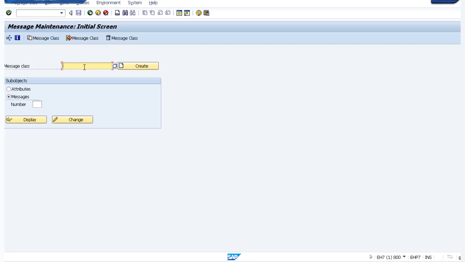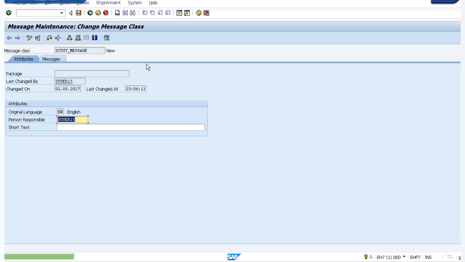First, let us create a message class. It will start with the cust underscore message, which is the name of the message class that I am going to create. Here there are two radio buttons activated, one for attributes and one for messages. If I click on messages and click on create,